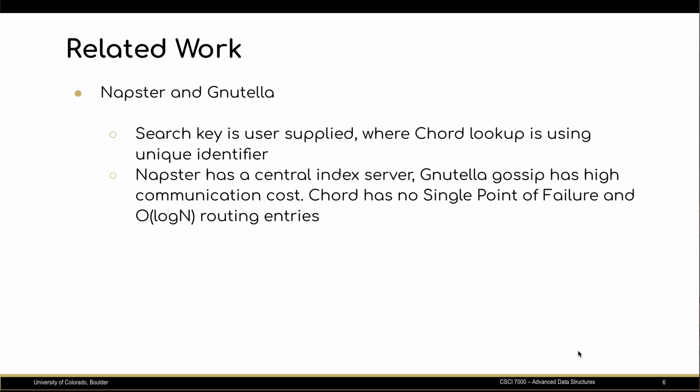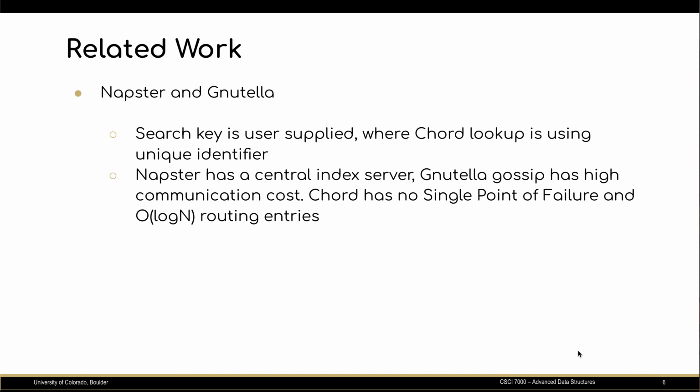Gnutella, on the other hand, uses a gossip protocol, which is very simple. Whenever a node receives data, it gossips the information to a few other nodes, and every node does the same, and that's how the gossip spreads very fast, right? However, the problem is the communication cost. It's pretty high because every node is sending data to every other node, and not just a single node, but a few